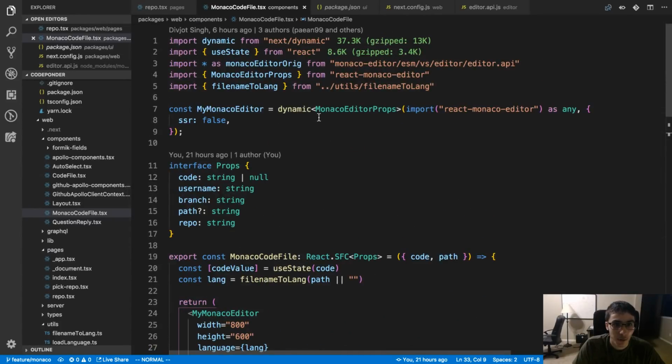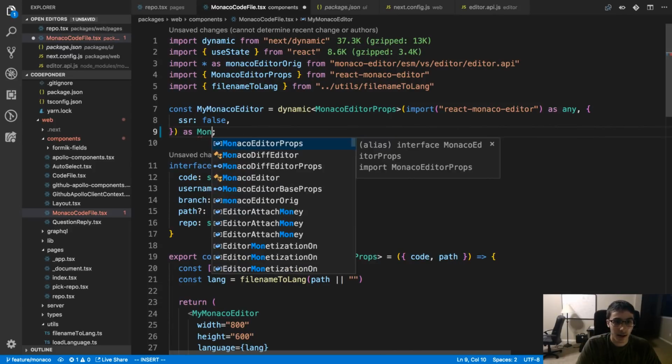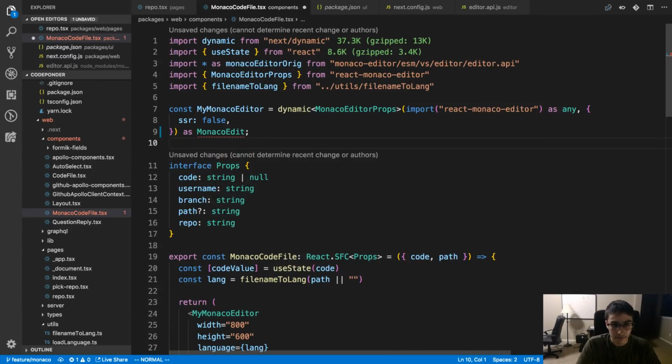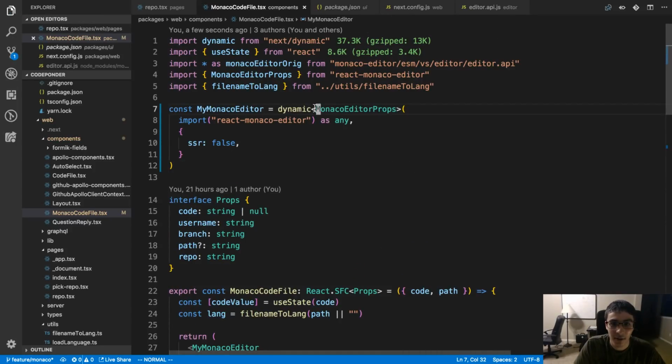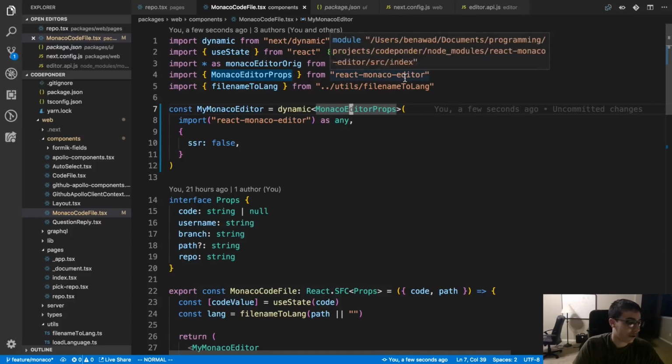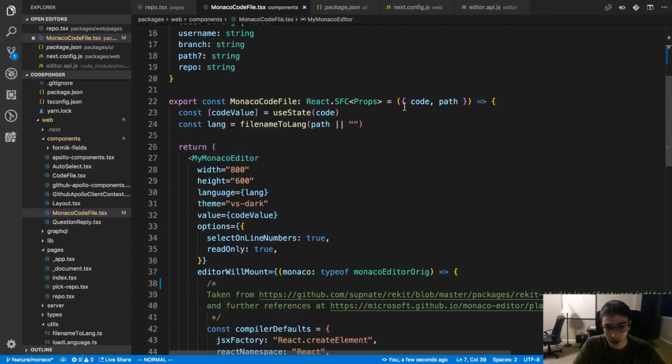First one, we got one that cleaned up how we are setting the generic type for the Monaco editor. So before I was casting it at the end here and saying like Monaco editor. And so there's a PR that changed it, so now we're passing it as a generic there, which is nice. And then we import the props from React Monaco editor. And then the other PR we got